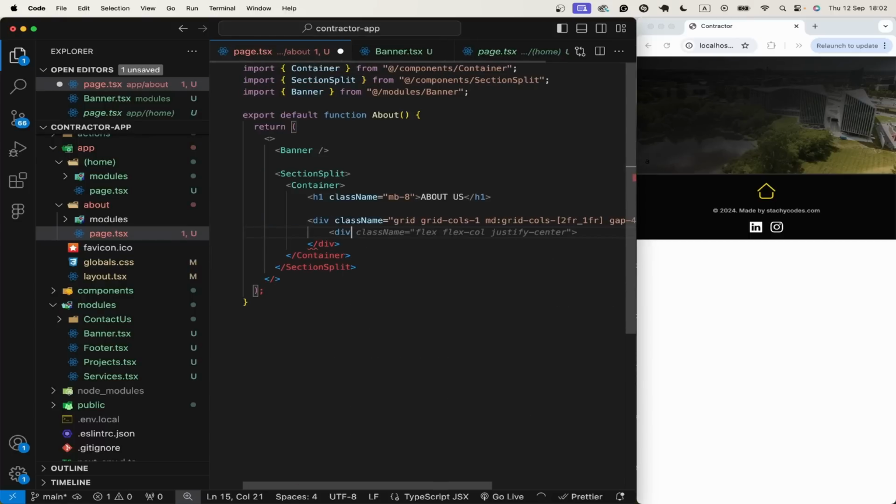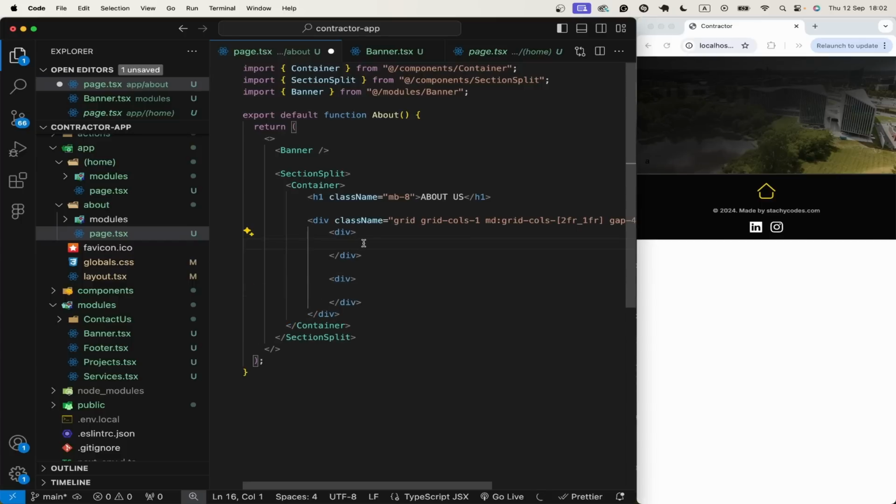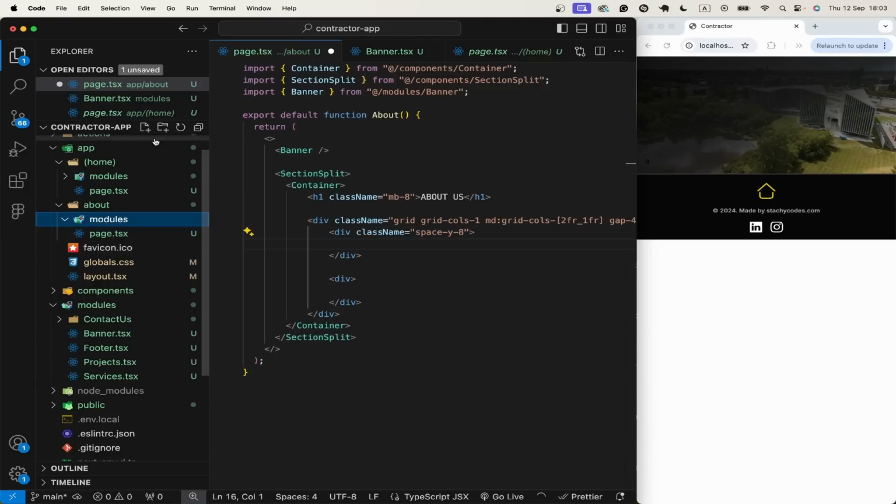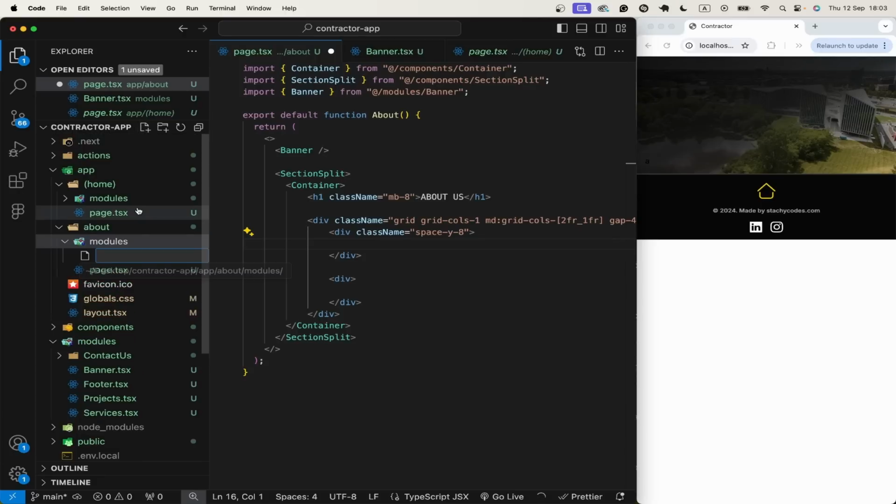So first div and then second div. So first div will include information, images, and another div will include links that will be sticky. So for first div I want to add class name space y8. Now I want to create component which is called company history